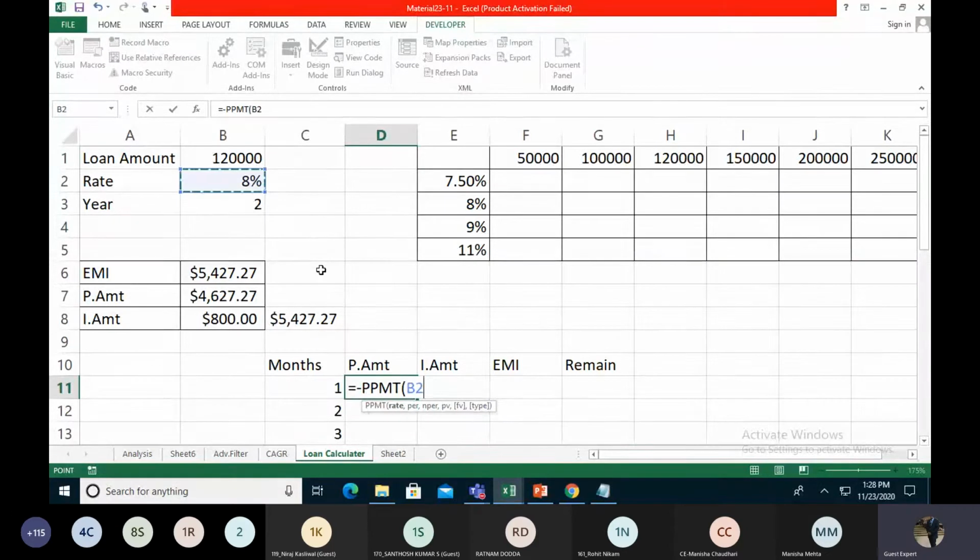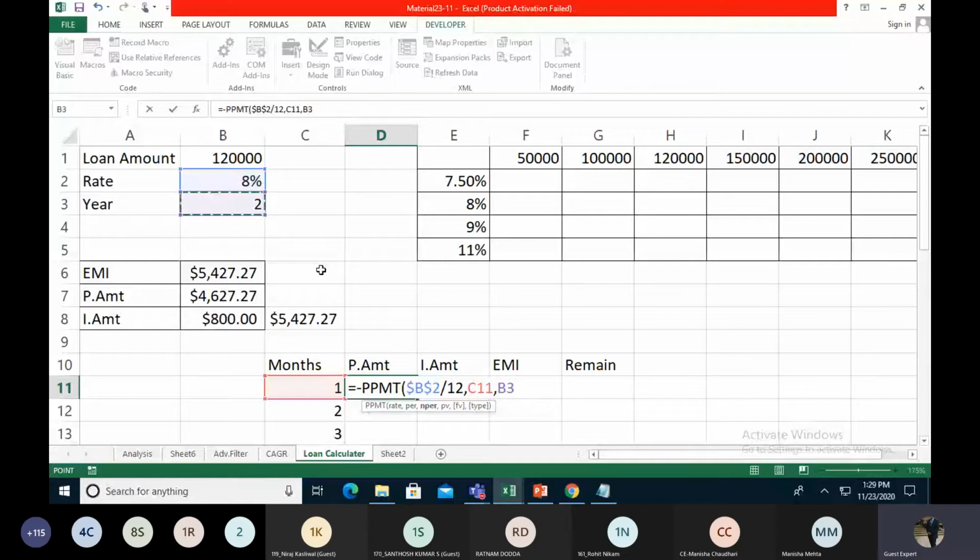First of all, we want to fix this cell, because right now in Excel, when we drag a cell from top to bottom, it increments the cell values, just like B2, when we drag it, becomes B3, B4. So we want it fixed. We use the F4 key to fix these cells. Divide by 12. Then for per, we take the months like this: first month, second month, third month, fourth month, then enter.